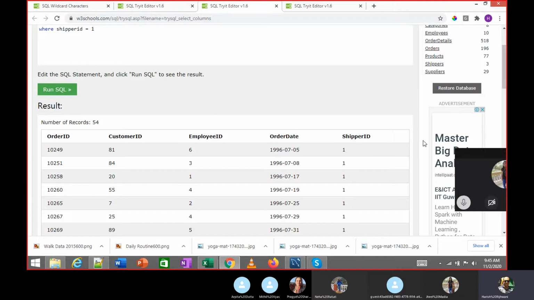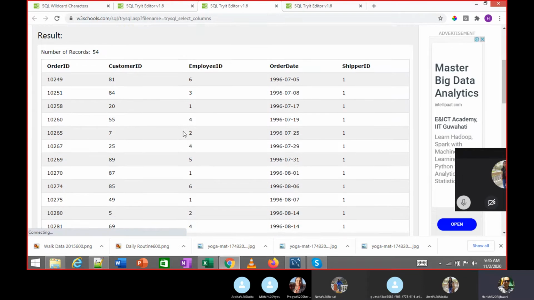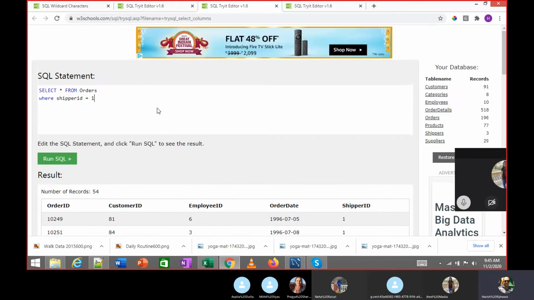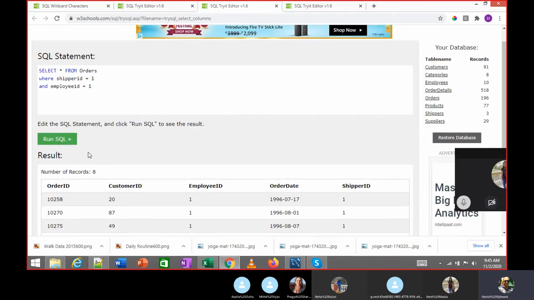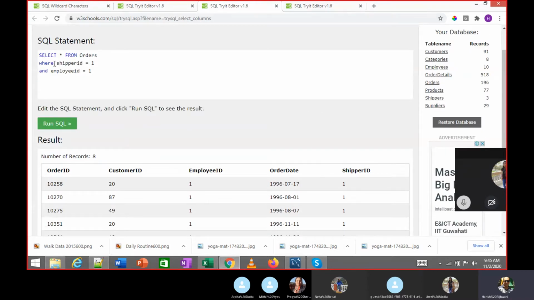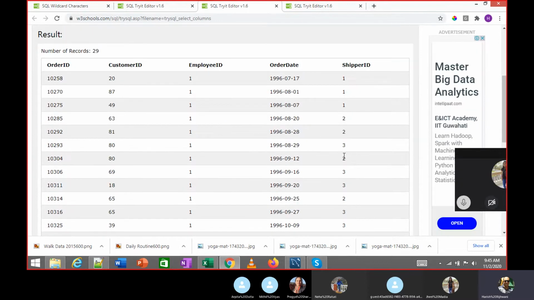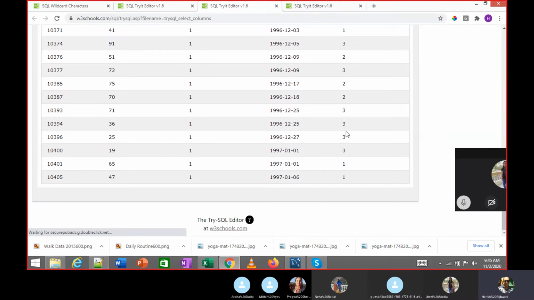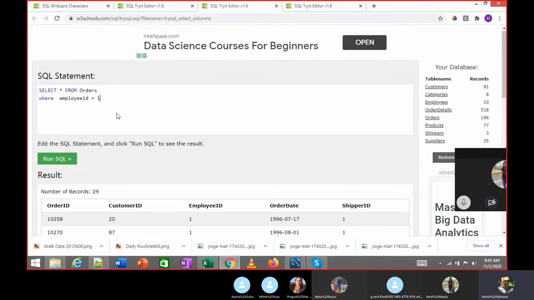There are 54 records for shipper ID 1. Now I can say shipper ID 1 and employee ID equal to 1. So I'm getting all records for employee ID with shipper ID as 1. Now if I remove the shipper ID, you see there are records for shipper ID 1, 2 and 3. All of them are there.